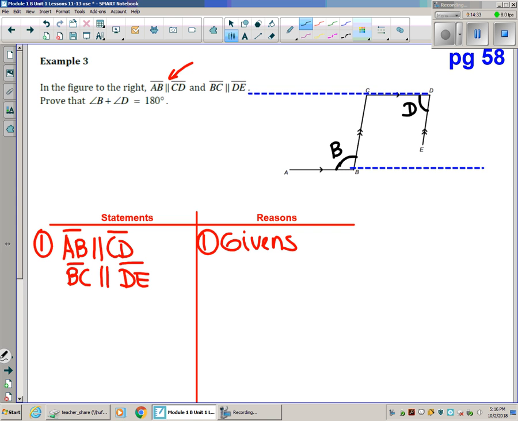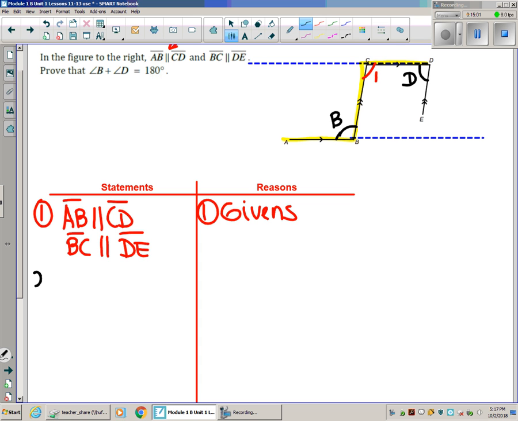Okay, so I didn't extend the other two lines because I think we should be able to just notice some shapes. Yes, the Z shape, it should be there. If you notice, there's one right there. I have two parallel lines, the blue ones, the extended ones. So I could say that angle B is actually also located over here, and let's call that angle 1. So my next step should be that angle B is congruent to angle 1. And the reason is parallel lines cut by a transversal